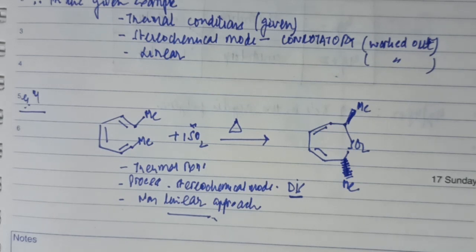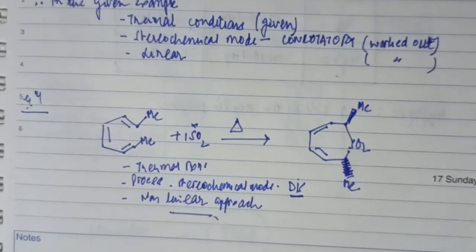Now, if it is having the same sign, if you draw the LUMO here, the LUMO of sulfur dioxide should not be directly facing. The process is disrotatory. There will be an anti-bonding interaction. Therefore, linear approach will not be allowed. Once you consider the non-linear approach, you draw the P lobe directly facing it. Both pluses are having a bonding interaction. Therefore, the process is allowed. Hence, I can figure out just by thinking in my mind that this process should be occurring in a non-linear fashion.